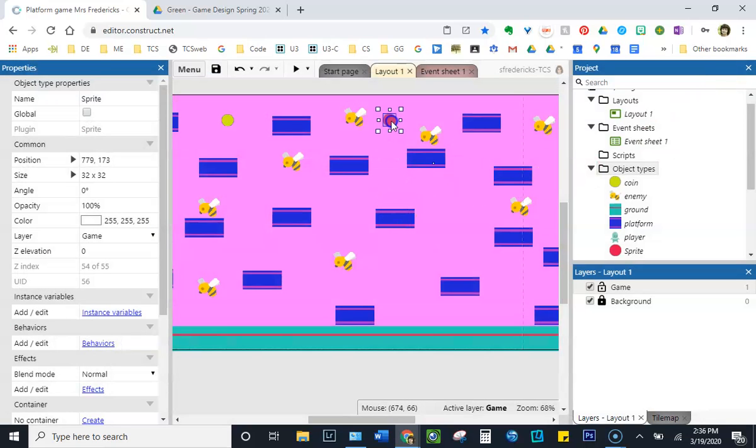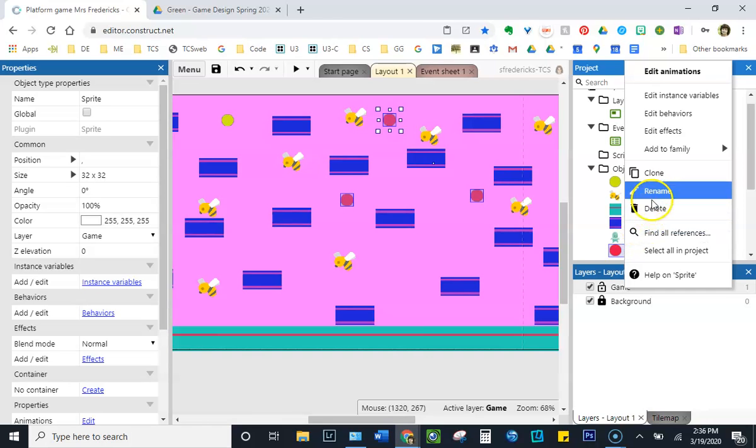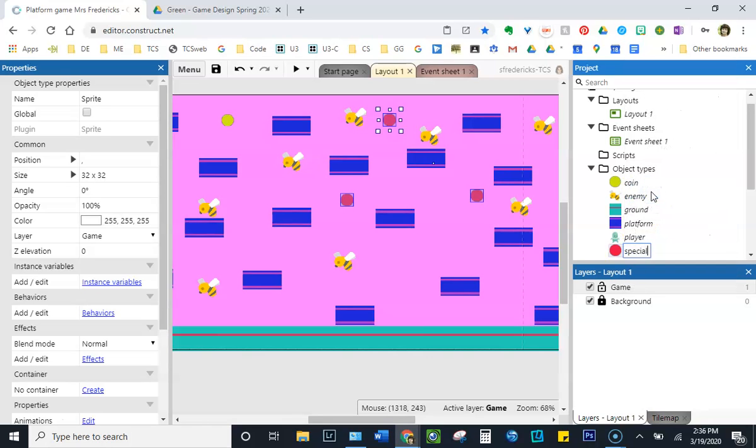Going to put several of these, but not as many as I will with the other coin. Okay, so I will hit pause. You can go ahead and put your special coins and your coins in various places. I wouldn't put too many special coins in. Oh, let's rename the sprite special coin. Or you could call it health coin. Okay, so I'm going to hit pause, and you can put different coins and special coins throughout your